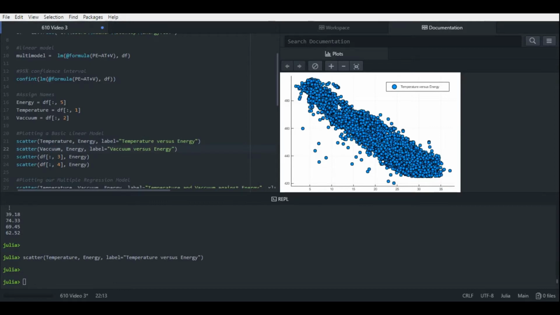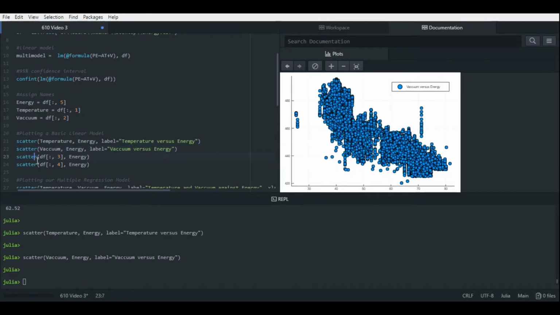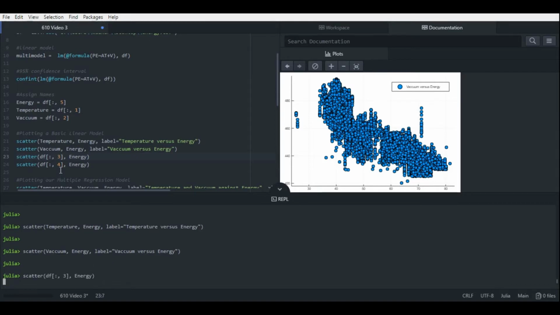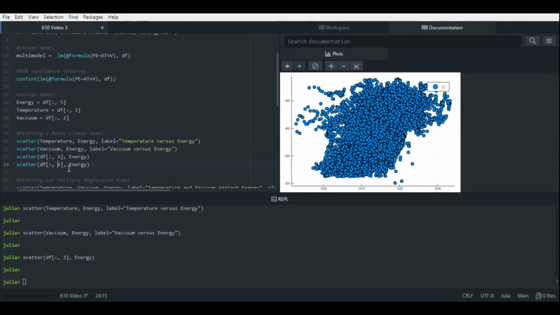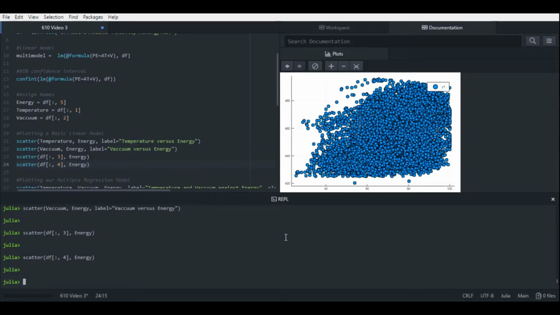Plotting temperature against energy gives us a fairly decent linear relationship. This was also shown in video 2. Plotting vacuum against energy does not nearly give us as good of a linear relationship, though. We can see some data points which could be potential outliers, and a slight upward curvature is seen as the variable is minimized. But if we were to plot our remaining possible x's against energy, we can see that vacuum actually does a much better job at displaying a linear relationship,